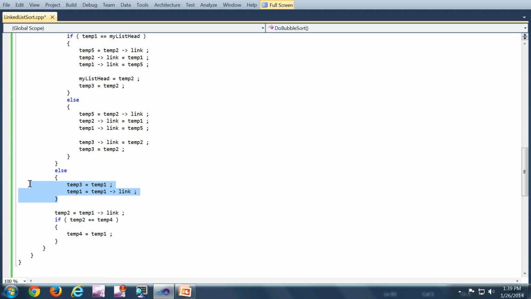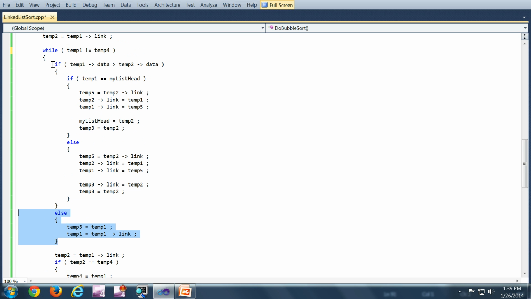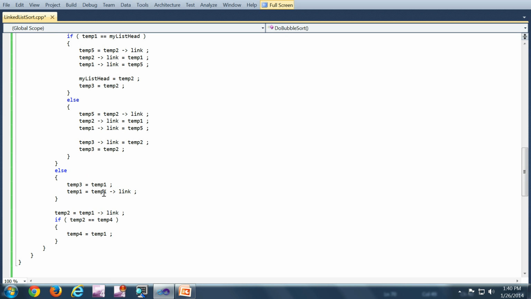So this we have already seen. If there is no need of swapping, which means that this condition is not met, we will come here. There is no swapping. All we are doing is temp3 equal to temp1 because previous node is temp1. In this case we have done the swapping, that's why temp3 equal to temp2 instead of temp1. This is a straightforward traversing statement: temp1 equal to temp1.link,